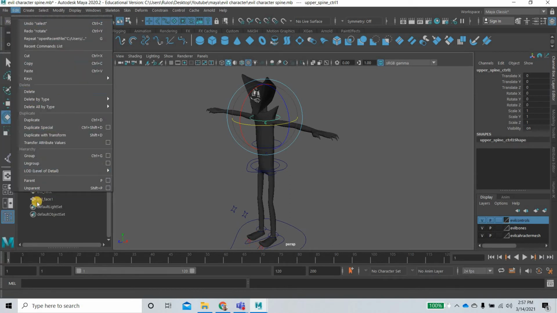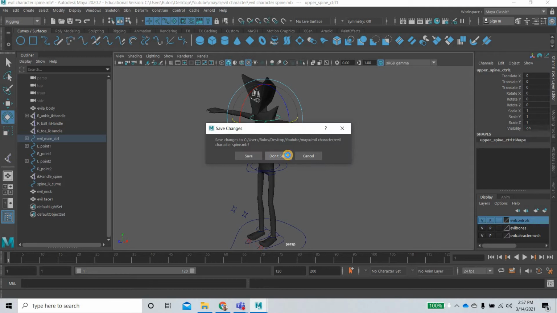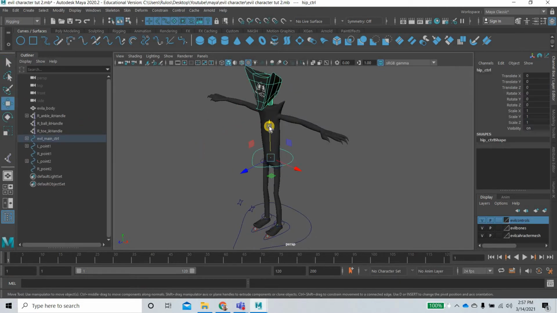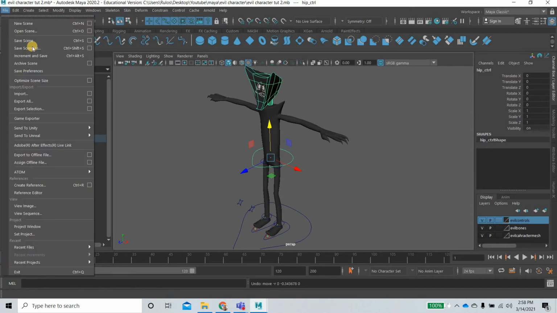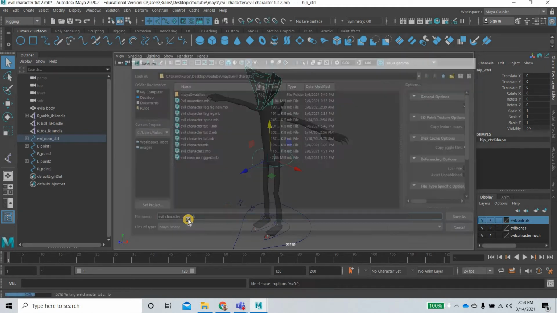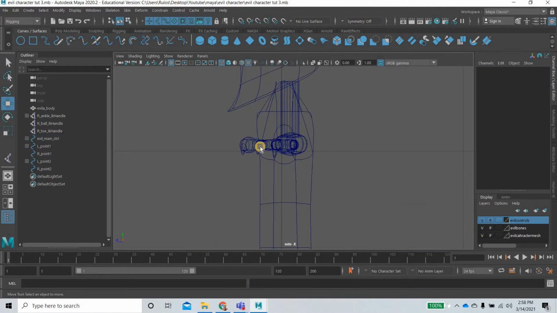So I'm going to open the file where we left last class, which was this one. You can see that this is where we were at the last class. Okay, so I'm going to go and save scene as, and I'm going to name this as file number 3. So we'll go to the side view and